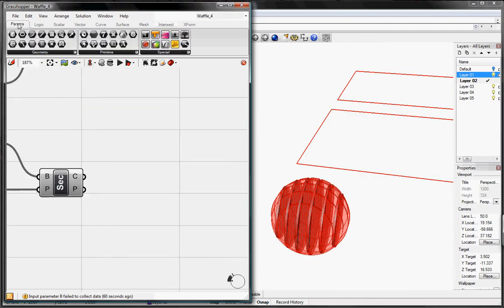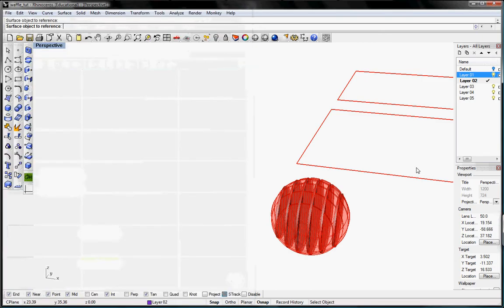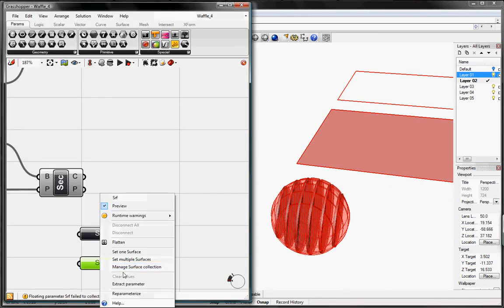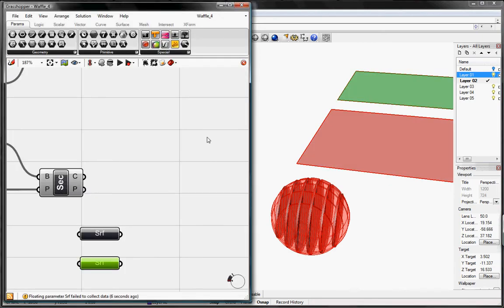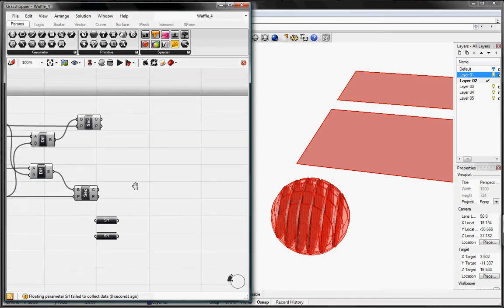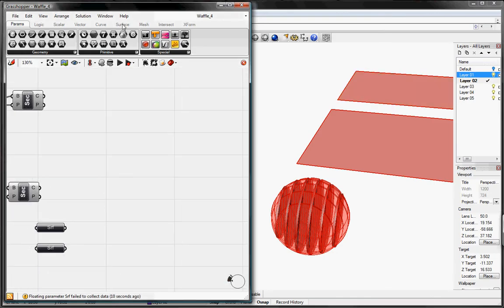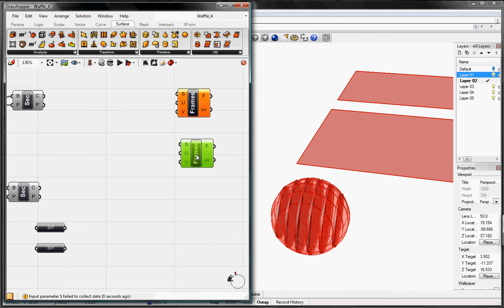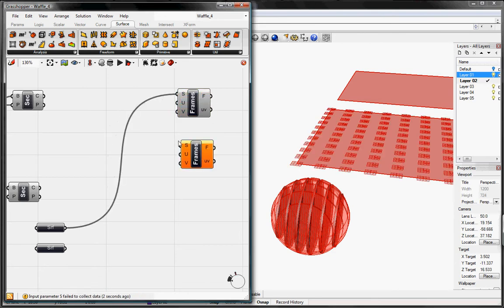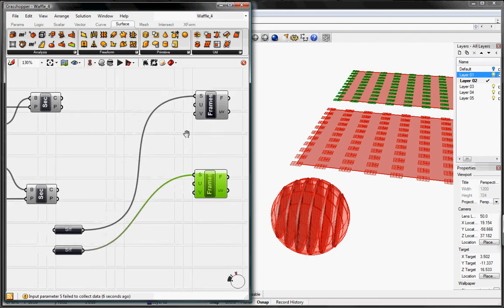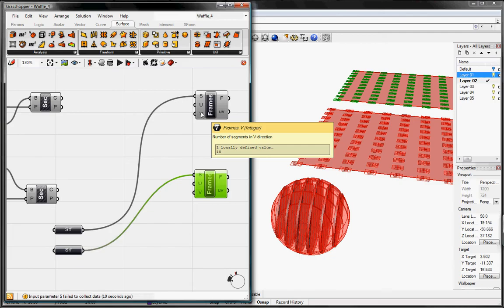I'm going to go to Parameters and grab a Surface button. I'm going to copy and paste. I'm going to set one surface to each surface. And then I'm going to go to Surface, go to Utilities, grab the Surface Frames, and connect my surface to each Surface Frames. And right now the U and the V by default is 10, and that gives us